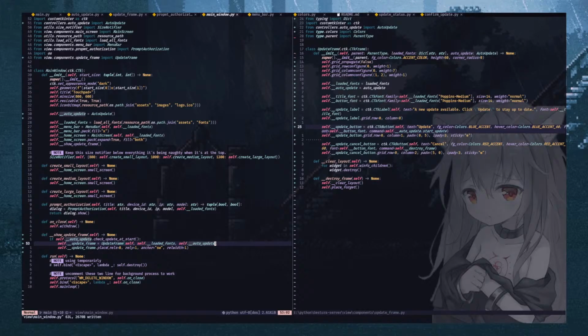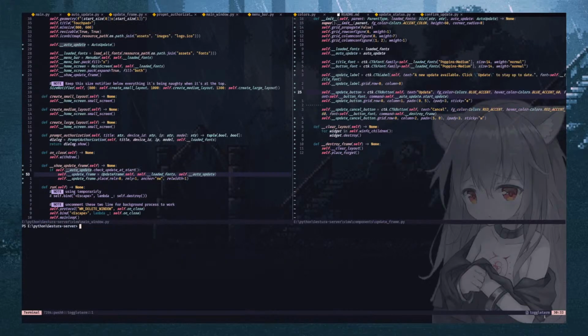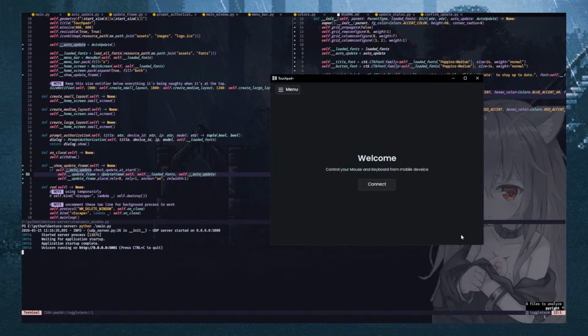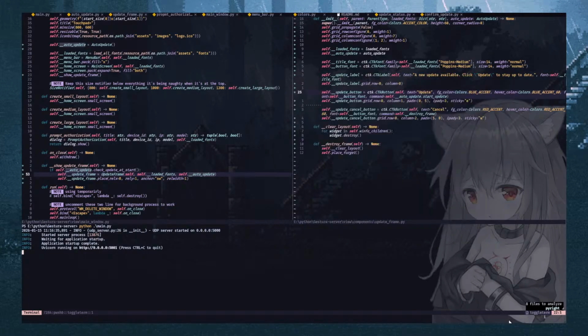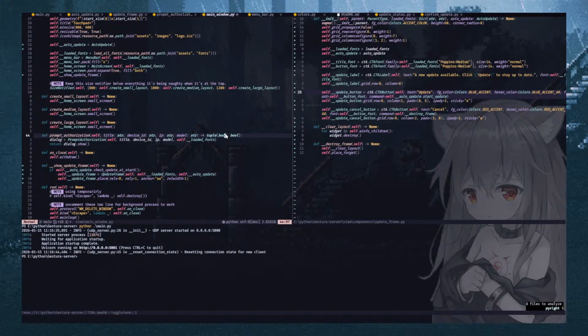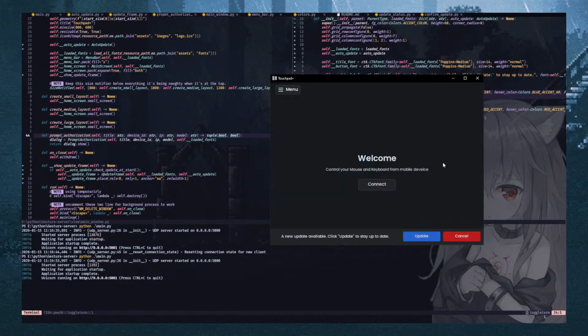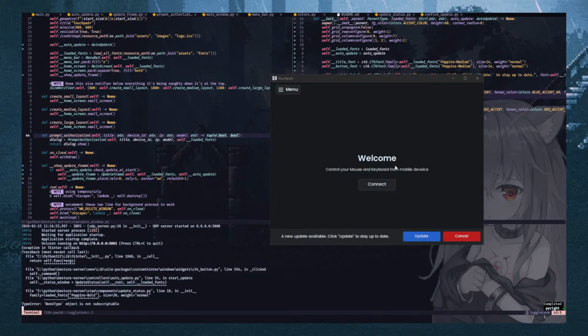So technically it should start the updating process. If I cancel it, it goes away. And if I click update,